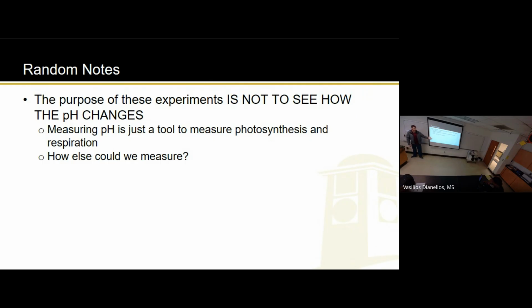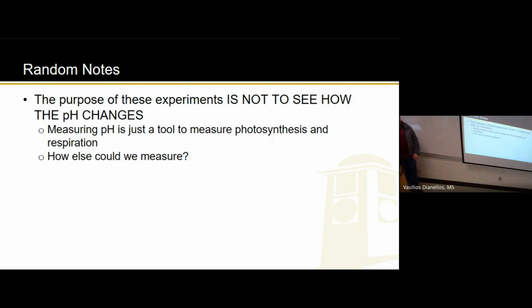How else can we measure it? We've already talked about it, right? So I'm not going to talk about it too much. I already said something like, if oxygen is going up, for example, we know photosynthesis is happening. If glucose is going down, respiration is happening. Measuring a tree, how tall does it get? All those things we've already talked about, that's how we can measure. And I'm not just saying this for nothing, because these are some of the questions that you'll be answering on the lab report. You're going to need to talk about, here's the experiment we did, here's the results, and then after that, here's some other experiments we could do to test our hypothesis.